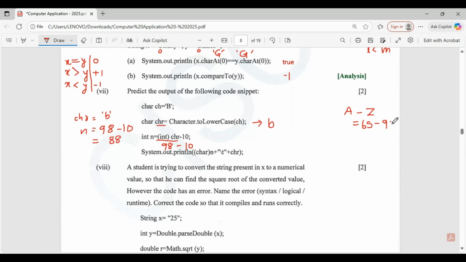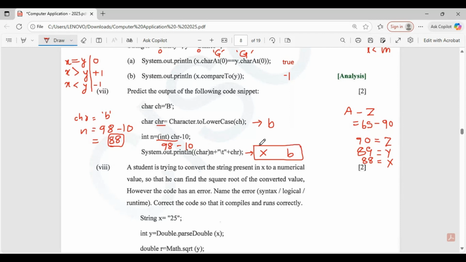Either you count from letter A until you reach 88, or you can count in reverse. 90 is for capital letter Z, 89 is for capital letter Y, and 88 is for capital letter X. So for this value 88, we are going to display its character value, and the answer to this sentence is capital letter X. Then backslash t gives some space, then chr is b. This is your answer statement.